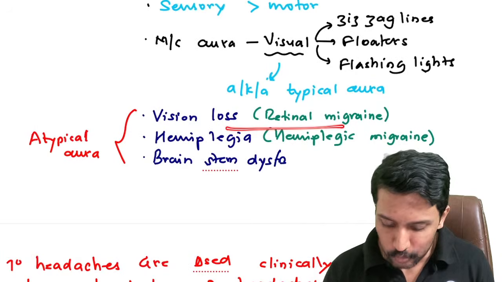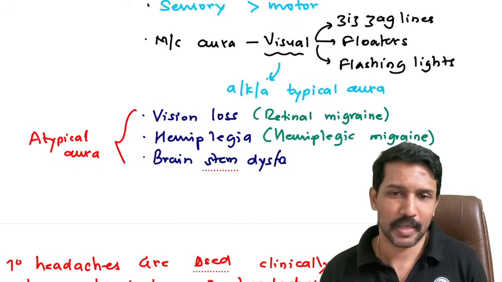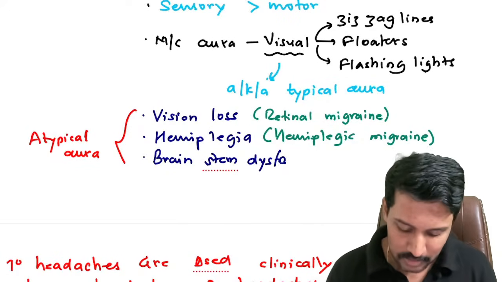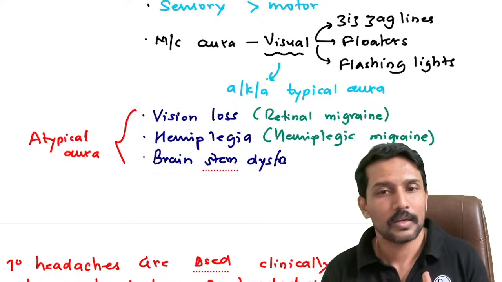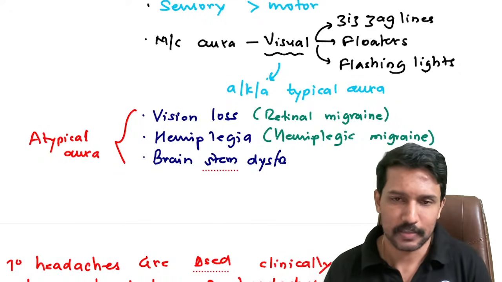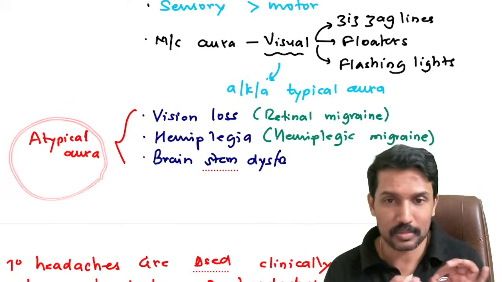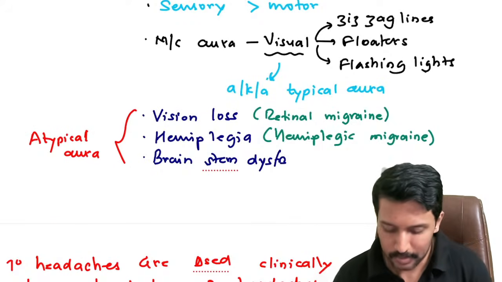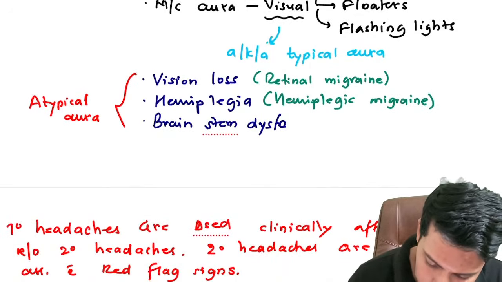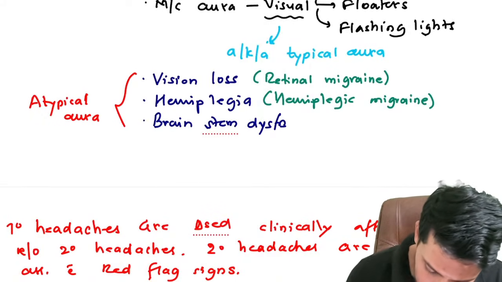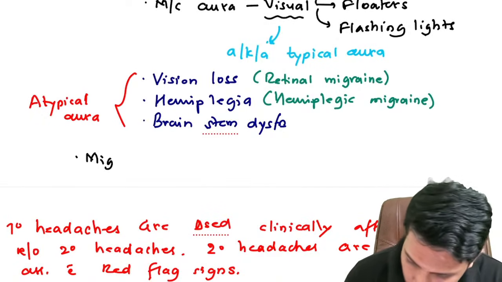Other than that, they may lose vision, that is retinal migraine. They may have hemiplegia, that is hemiplegic migraine, or sometimes they can develop cranial nerve loss of function, that is brainstem dysfunction. So if these auras are present, these are called atypical aura. Okay. And now you can make a note that migraine with aura is also called as